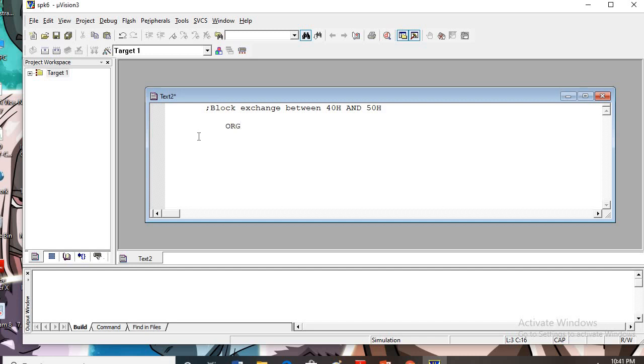Make it org 0H, then sjmp main, then org 30H, then we will make main. Step: first of all, address pointer,